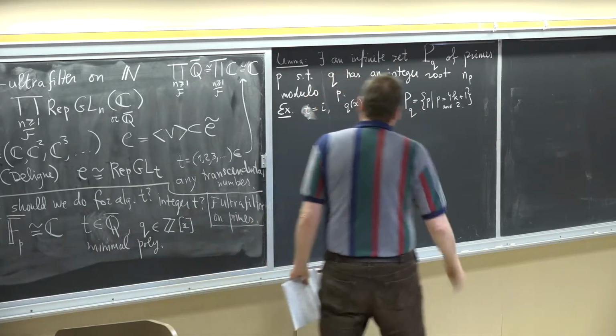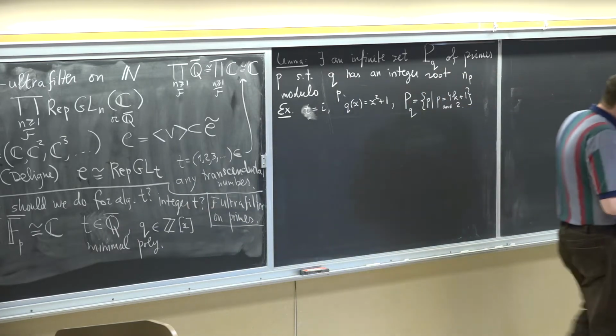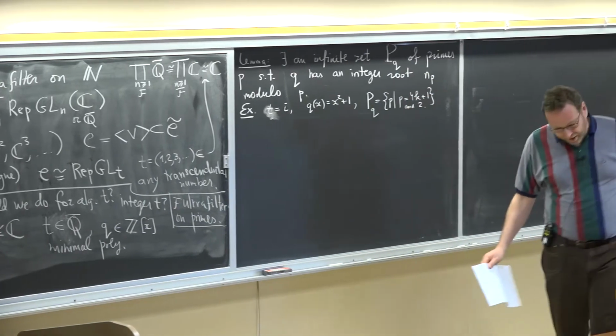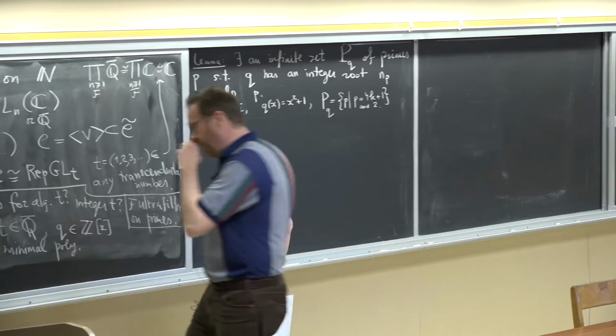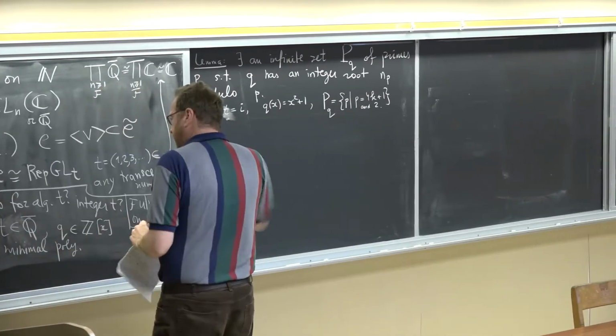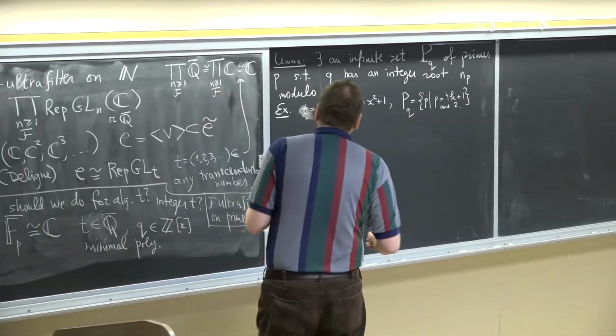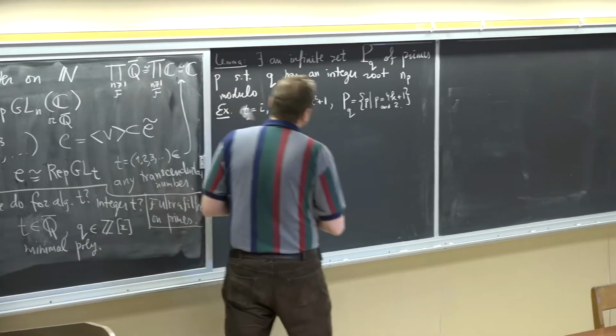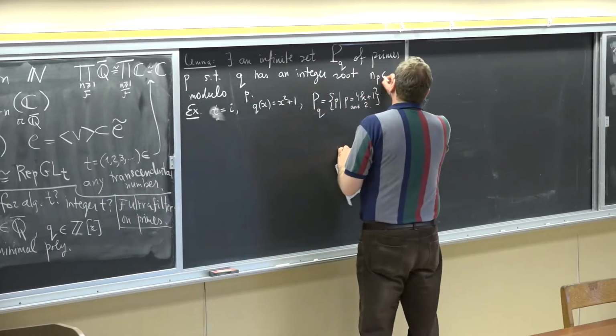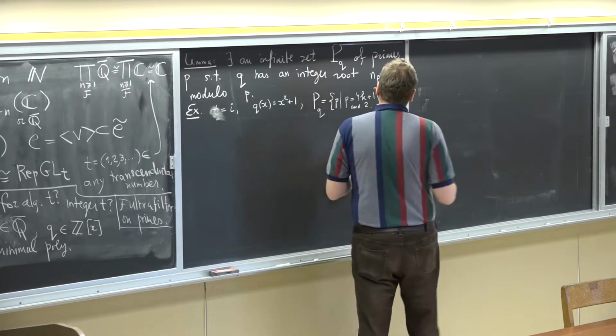Okay, but for higher degree equations, it's a very hard problem to classify, to describe these primes, but it is easy to show that they're infinitely many. And it's not going to matter for us what this set is. So also this number np, of course, it's an integer and it's defined mod p,